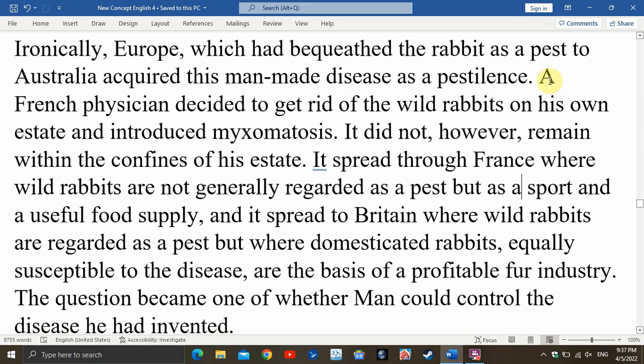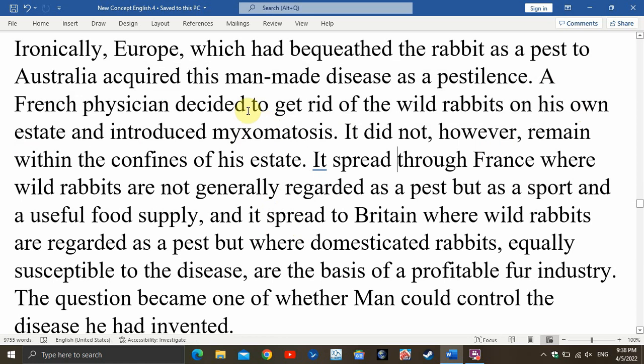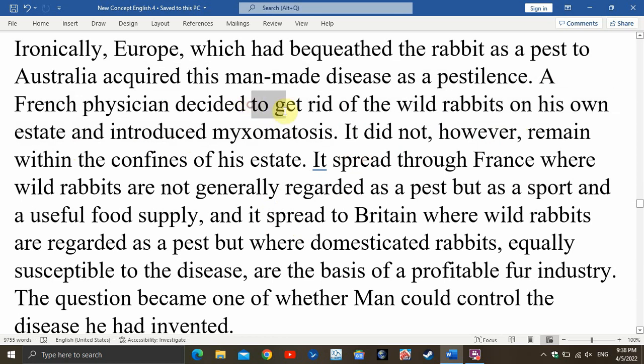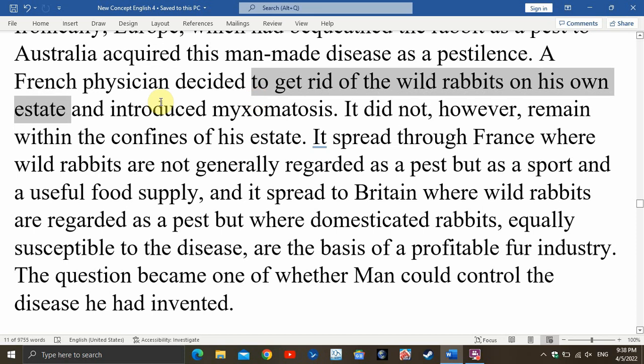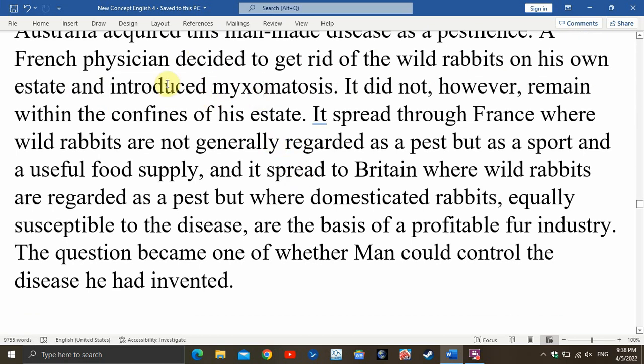好，那么后面 A French physician decided to get rid of the wild rabbits on his own estate and introduced myxomatosis。这句是简单句，里面有一个不定式短语 to get rid of the wild rabbits on his own estate，这个不定式做 decided 的宾语。然后 introduced myxomatosis 跟前面的 decided 是并列的谓语，用 and 并列，一个是 decided，一个是 introduced，这是两个并列的谓语动词。